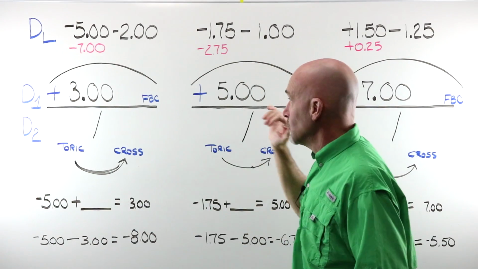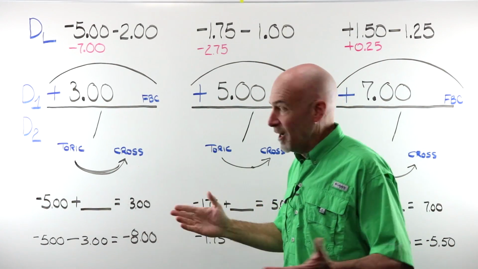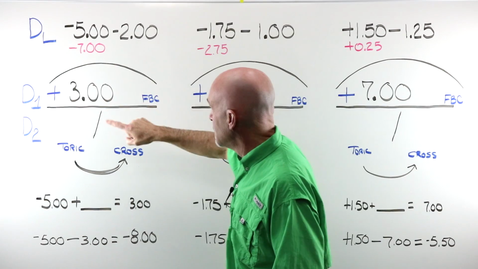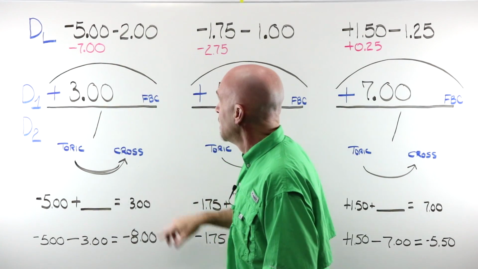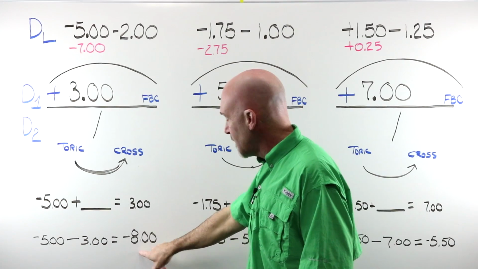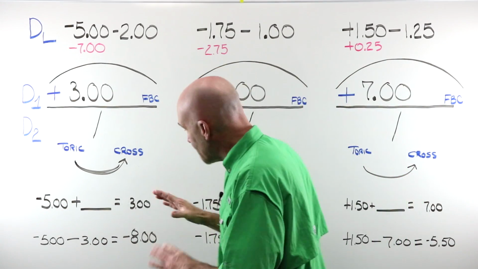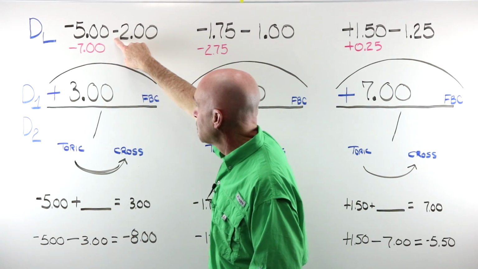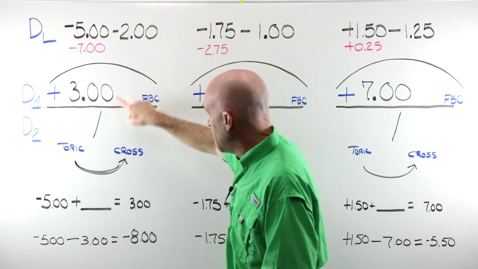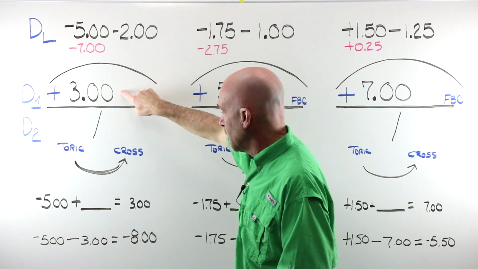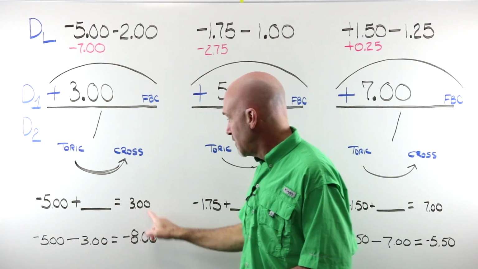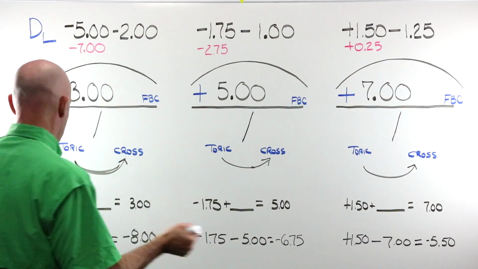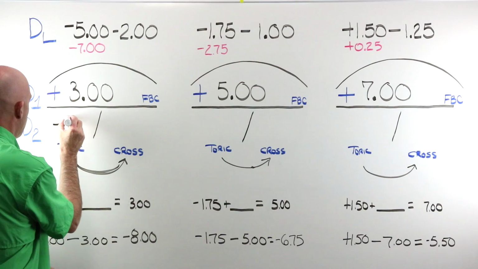You may very well just look at this and see it. That's great. I'd have to obviously go -3 to get to 0, and then an additional 5 diopters to reach my -5. So I'd have a -8. If you can just see that, that's wonderful. If that doesn't quite work for you, we know that a -5 combined with an unknown is going to end up at a +3. So if I take my -5 and I do the opposite, subtract 3, I end up at -8. So whether you can see it or you need to do a little bit of math,